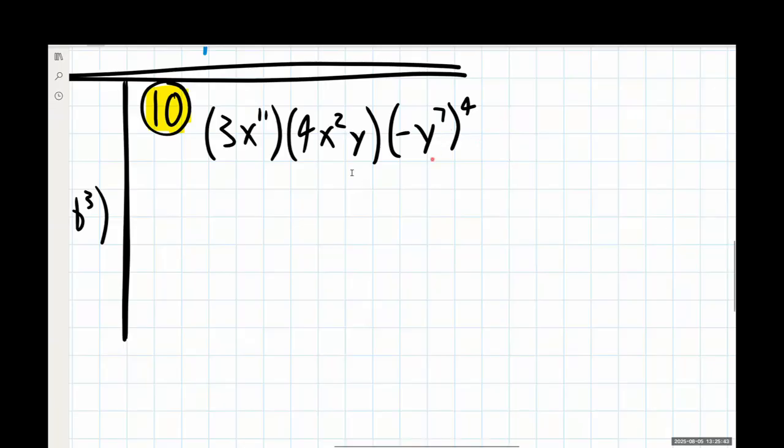So I can't do anything inside the set of parentheses, but I do have this exponent outside here that's affecting this entire set of parentheses. So I need to deal with this exponent and this parentheses first before I do anything else here. Now the way I can work with this is first just bring everything else down exactly as it was.